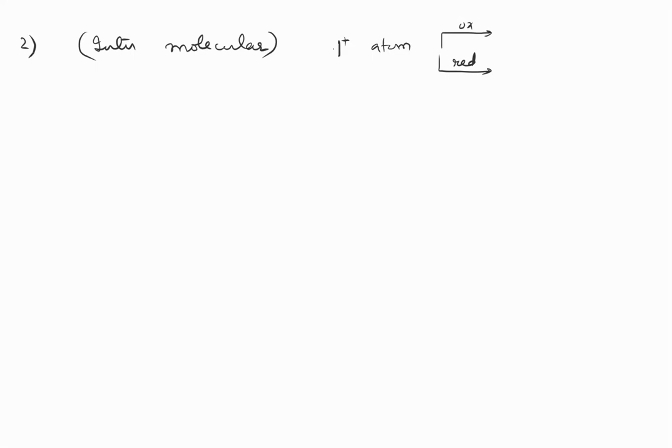What happens if one is oxidized and one is reduced? Then I should call it intramolecular redox. It won't be intermolecular. If you have As2S5, in which arsenic is going from +5 to say +3, it is reduced. Sulfur is going from -2 to +6, then this is oxidized. It would become intramolecular redox. So I can't use this formula. So both should be oxidized or both should be reduced.